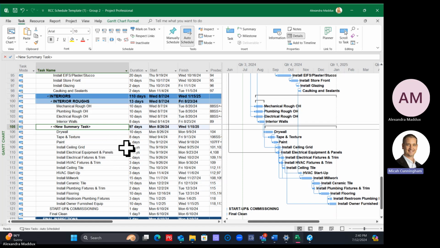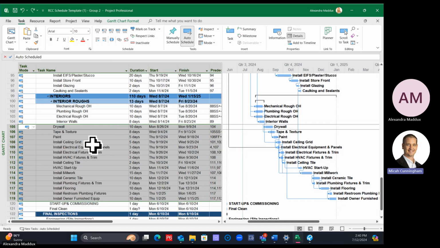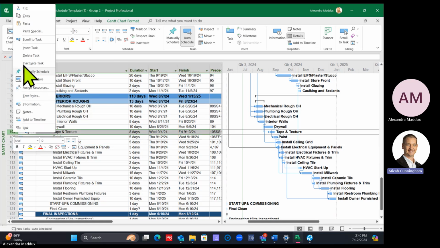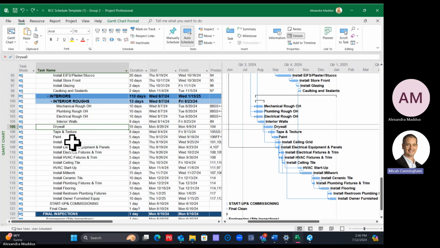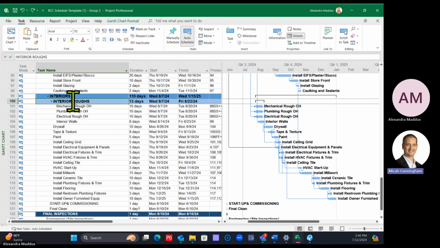Okay, does anyone want to see it again? How do they summarize them? So when we added an activity the way we did it the first way, then we turned it into a summary task by indenting things underneath it. If you want to instead initially just,